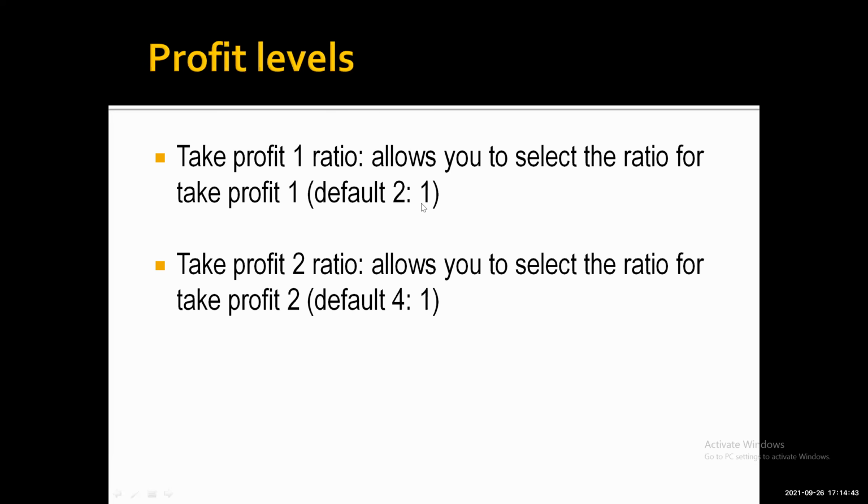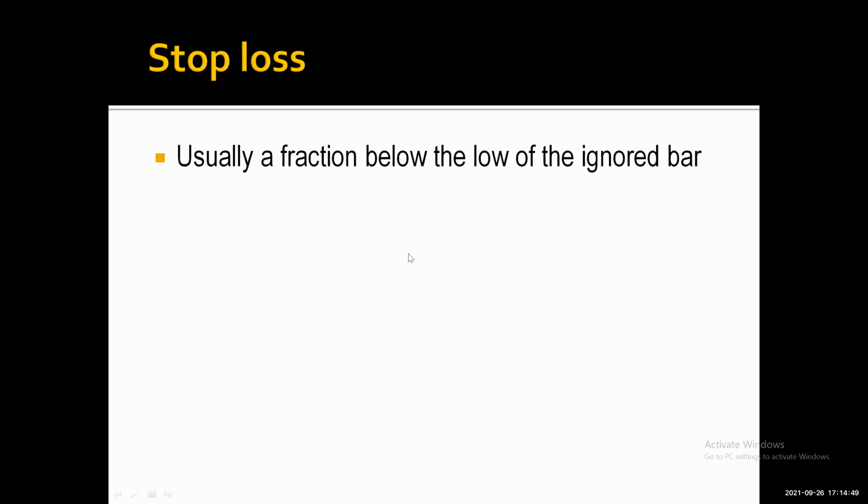पहला टारगेट 1:2 की रेशियो पे है, दूसरा 4:1 की रेशियो पे आपको नजर आएगा। आपका स्टॉप लॉस जहां पे लो ऑफ द कैंडल है, जो इग्नोर्ड बार है, उससे थोड़ा सा नीचे, आप 1 रुपए नीचे रख लो, 50 पैसे नीचे रख लो, ये आपकी मर्जी है, ये आपके रिस्क एपेटाइट पे है।